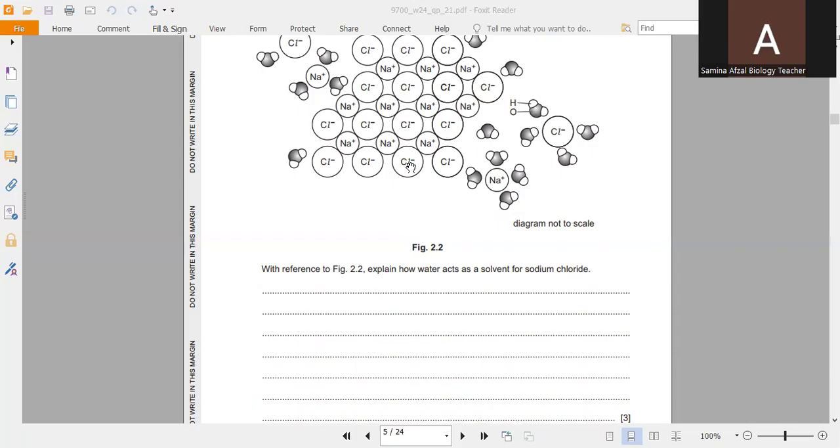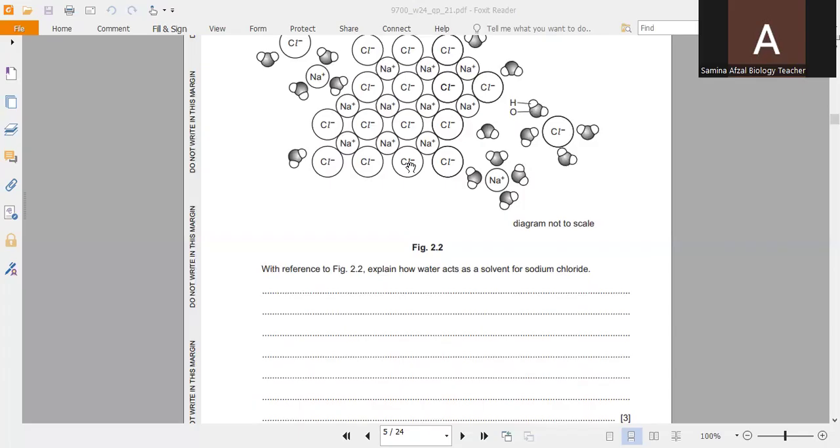So the water molecules surround the individual ions, forming a shell of water around each ion. This process is called solvation or hydration. The strong attraction between the water molecules and the ions overcomes the electrostatic forces holding the sodium and chloride ions together in the crystal lattice. So breakdown of the crystal lattice takes place. The more water molecules surround the ions and pull on them, the crystal lattice of sodium chloride begins to break down. In this way the hydrated ions move away from the crystal and become dispersed